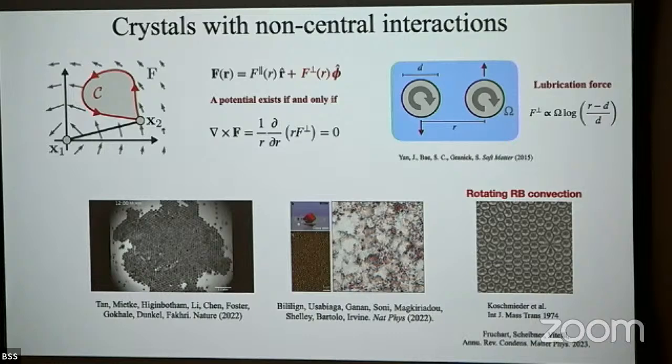And already they highlighted, following a lot of work in classical fluid dynamics, that if you have two particles spinning in water, there is an interaction between them, mediated by the fluid in between, called the lubrication force, that is proportional to the speed at which they spin, times the logarithm of their distance. Of course, this is not a spring, but you can imagine if you linearize, you can bring something like this, or variant thereof, at least there is a transverse force. So this is what the experimentalists are attributing to the transverse force that upon coarse graining leads to this. Okay,